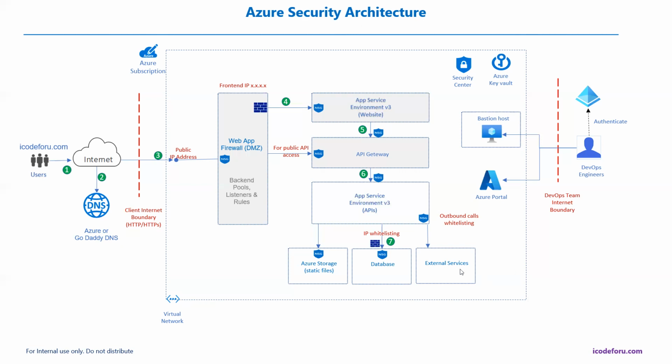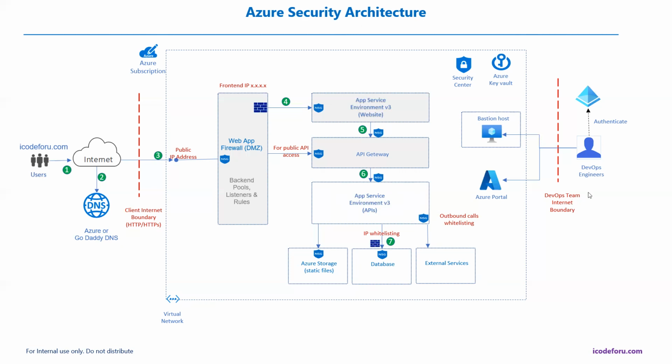Now, finally, at the bottom, we have the storage account, which is going to be in a separate subnet with the network security group, and which will allow calls only from the app tier app service environment. Same thing with the database. We'll have a separate firewall list configured, whitelisting the IP address of the app tier app service environment. And when you are making calls to external services from this app tier, we can configure that in the outbound calls.